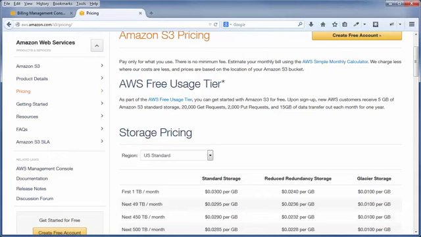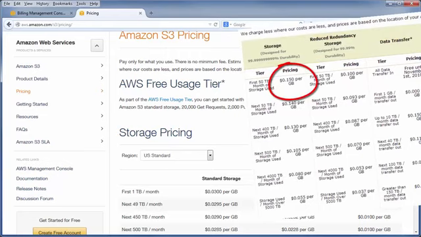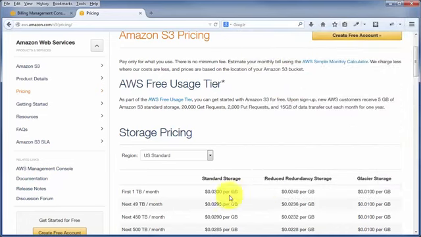In this video, we're going to go over the Amazon S3 pricing table so that whenever I tell you that it's dirt cheap, you're going to hopefully have a better understanding of what I'm talking about. Now, if you recall, in that first video, I showed you an image of the pricing table from way back in 2009 when storing 1 gigabyte of information was costing you 15 cents per month. And now, as you can see here, for the standard storage, it's costing you a whopping 3 cents per gigabyte